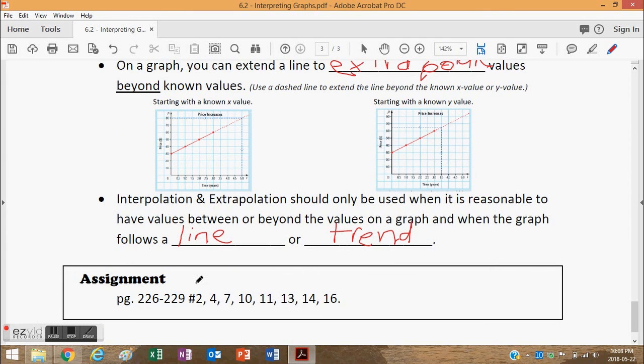Alright, interpolation and extrapolation should only be used when it's reasonable to have values beyond or between